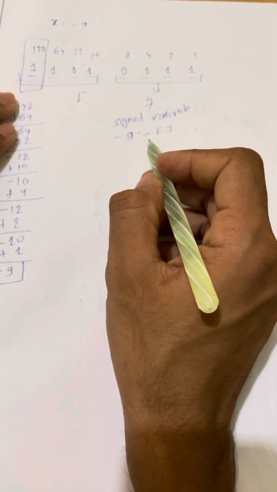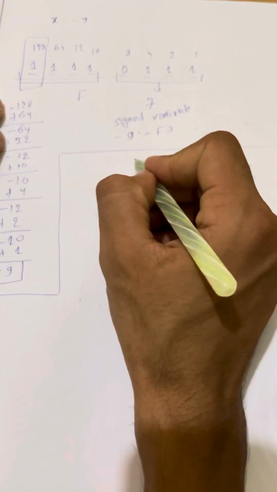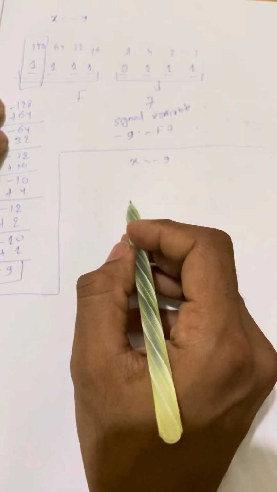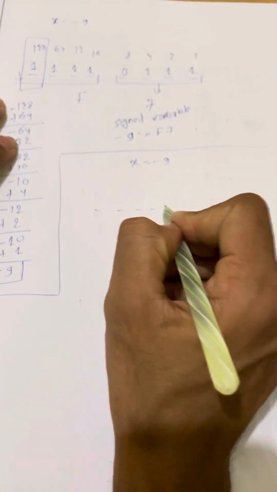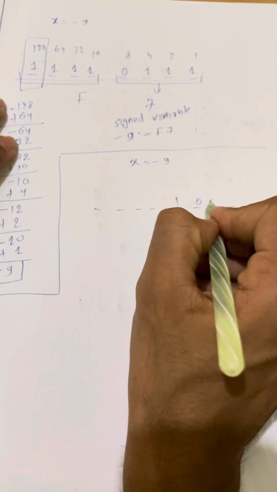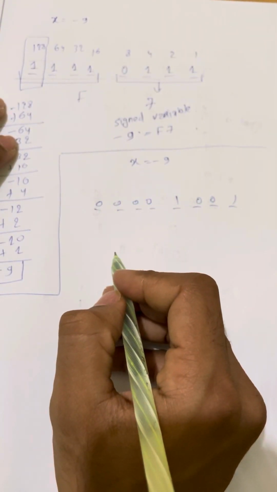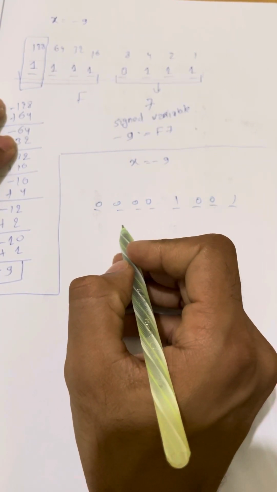Now what we will see here is how to represent it without using all these things. If we don't want to do this and you want to write x is equal to -9 in hexadecimal, another way is to take +9. So how will we write +9? +9 can be represented like this. We will make it -9 with the help of 2's complement.